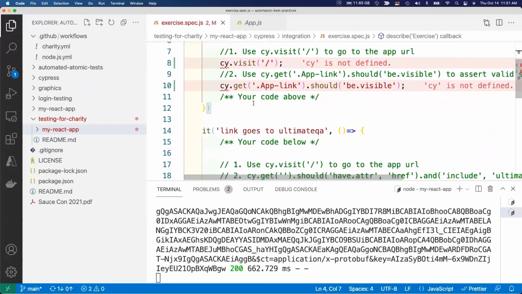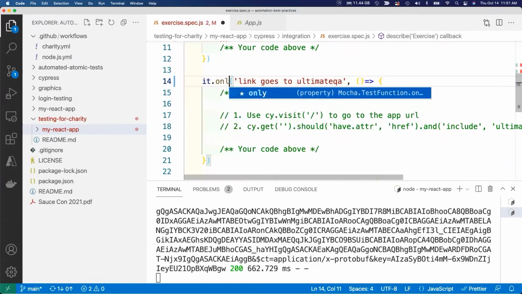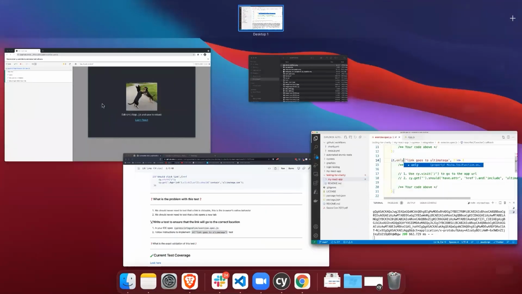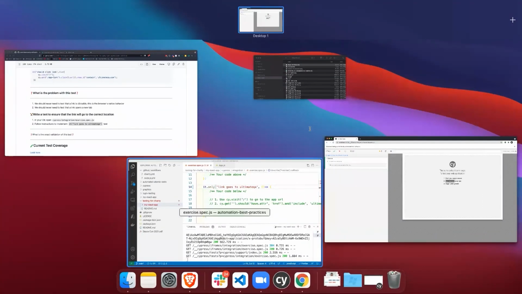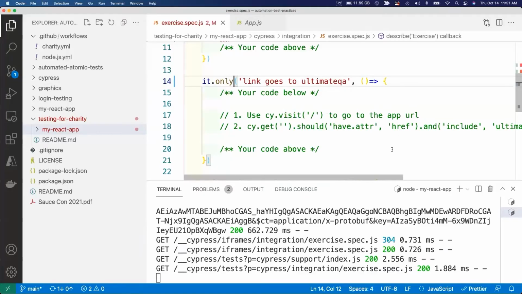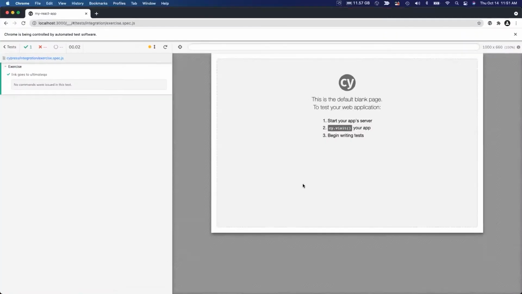So yeah, just scroll down a little bit. If you want, you can do .only and in your Cypress, focus only on this test, or you can run all of it. It's up to you. And then you'll implement the code. And what you will see as you implement that code is that ultimately we really just care about the href